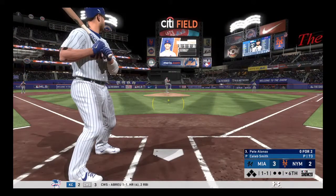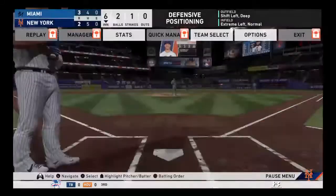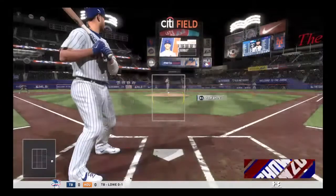So here's Pete Alonso. He'll get things started here in the second half of the 6th. 2 balls and a strike. Marlins have